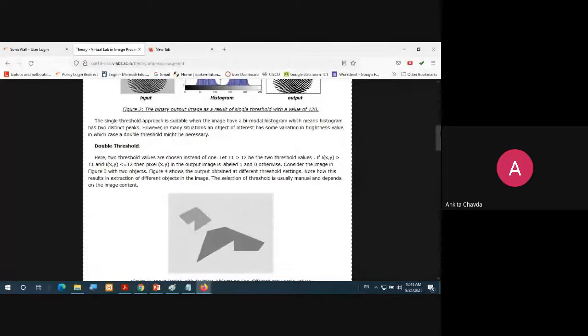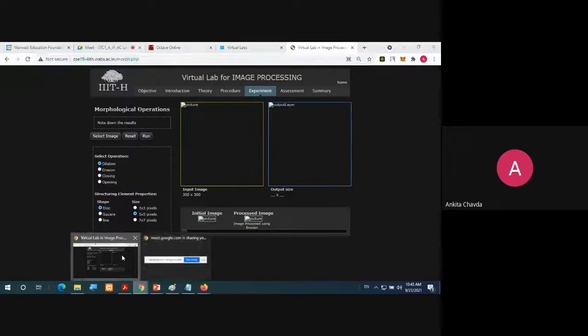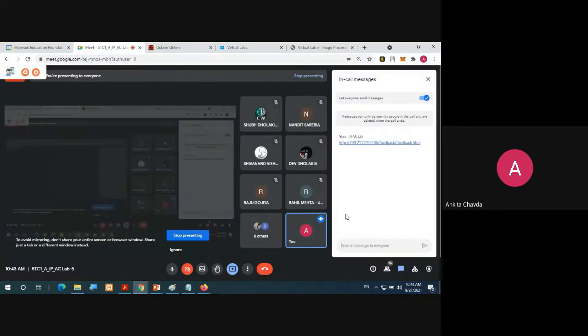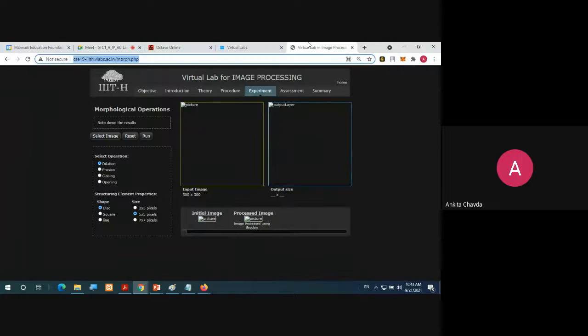Double threshold is also possible, right? You can give the thresholding value T2: if the value is greater than this value but less than this value, then do this. And if it is less than or equal to T2, then do this. That way, just like an if and else condition, only two conditions are there. Instead of that, now you have conditions like if, else if, right? Simple. Say yes or no. Okay, ma'am. Yes.